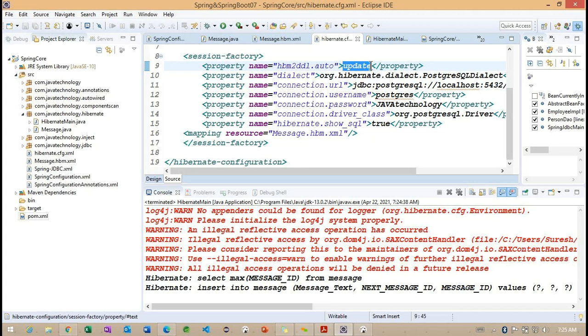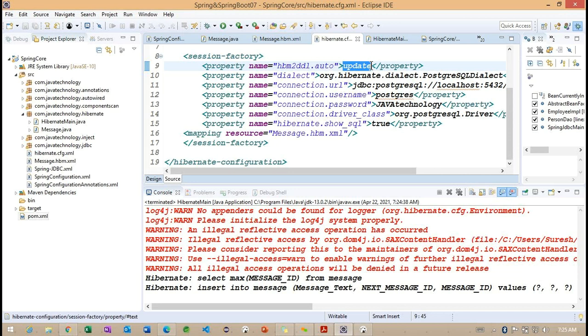For each request, the table is recreated. Even if we have data, we are going to lose it, and the table is created again. For each request, the existing records are dropped, the table is recreated one more time, and the new values are inserted.